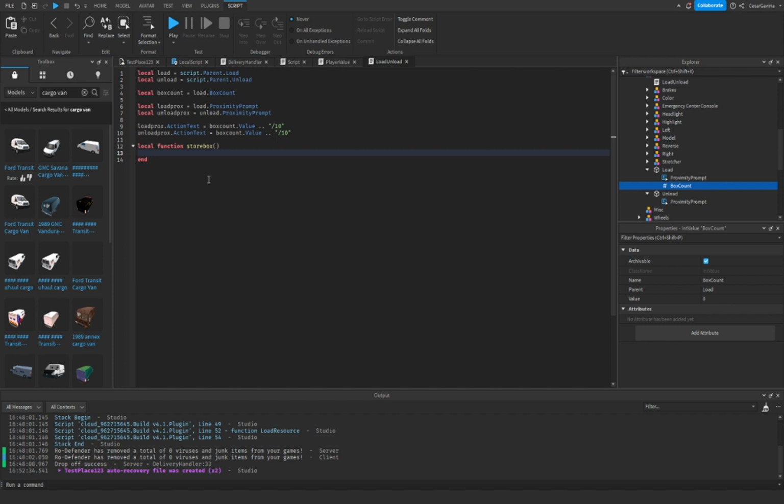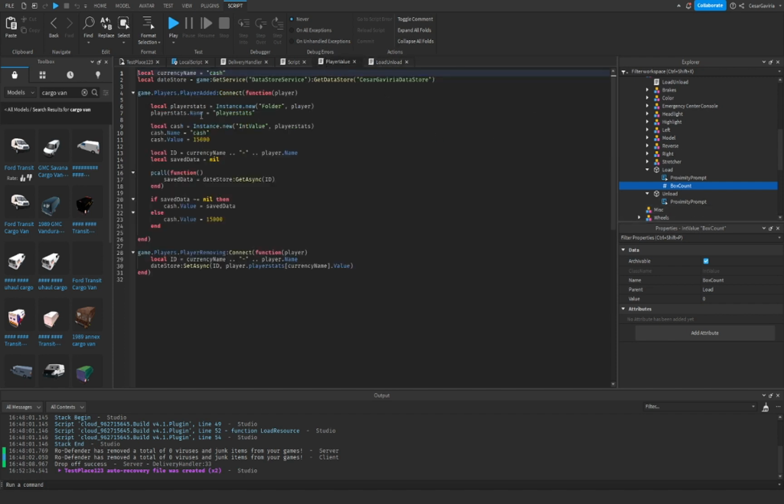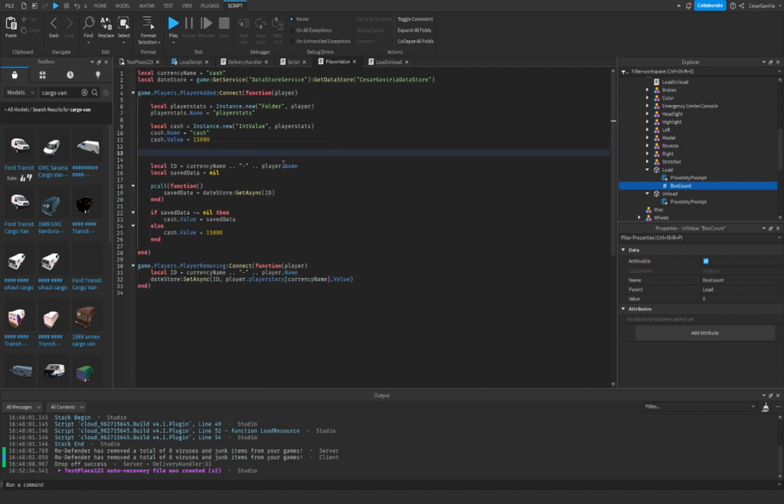So I'm gonna go into my player value script. Now if you don't have a player value script, you can create a new script. This is just where I created all of my economy scripts for the player, all the bank scripts, as well as the data save. And if you want to see how to do that, I have my second, or third, maybe fourth video on how to create a bank system. So check that out, and you can figure all this out. But what we're gonna do is slide right up under cache here, and we're gonna create a